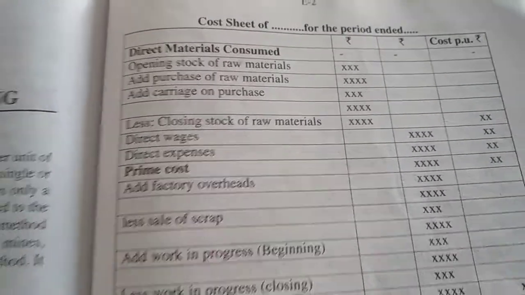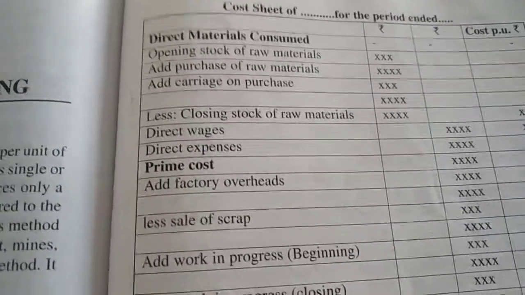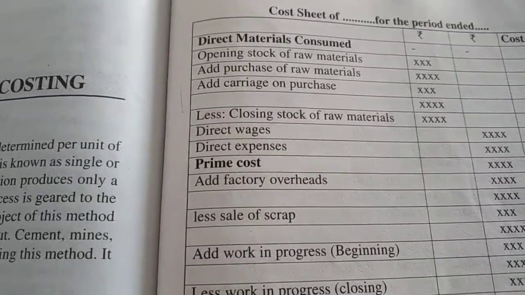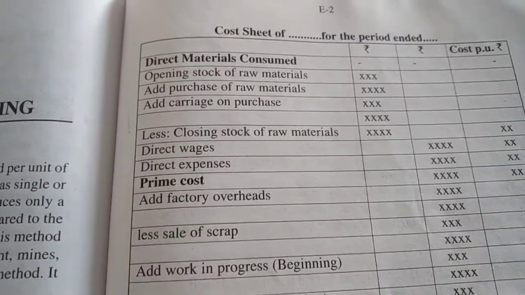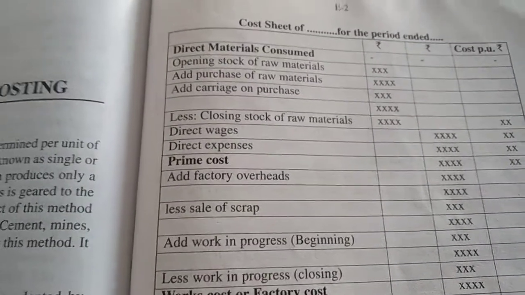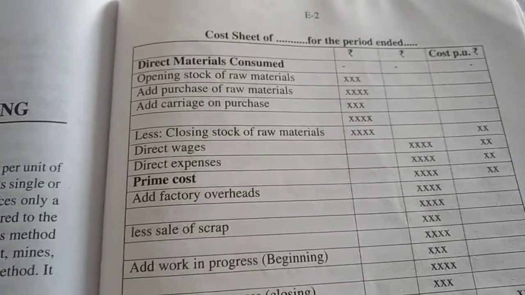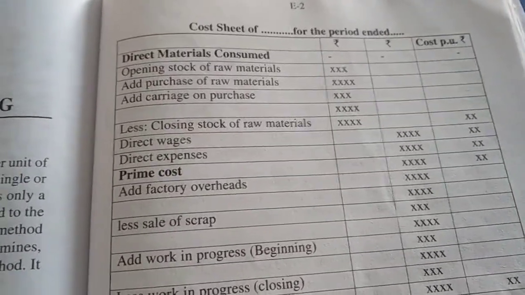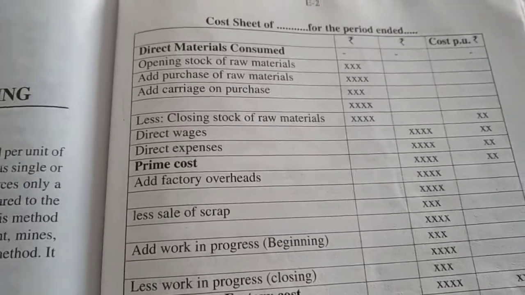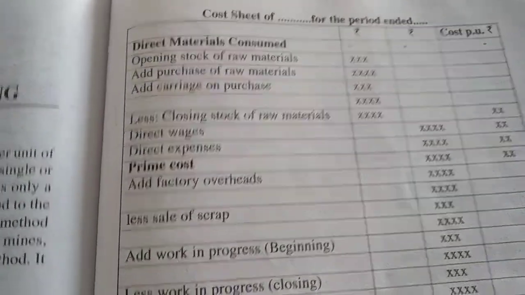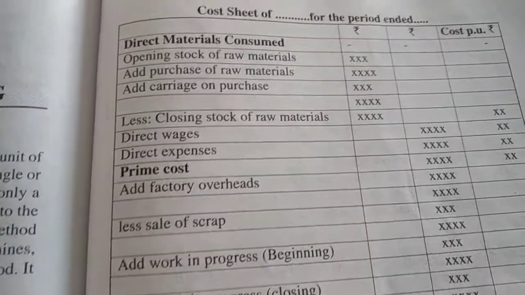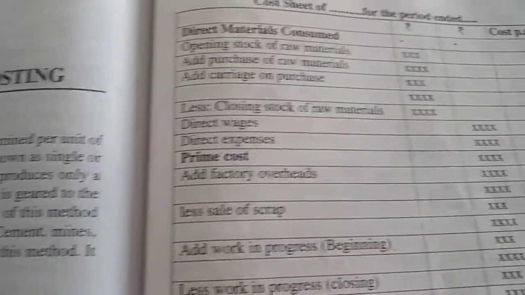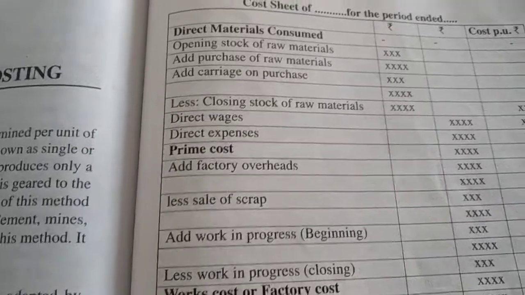So actually, the cost sheet. In the cost sheet, if you want to produce a product, or manufacture a product, what is required? Raw material is required. In the case of an industry, a factory is required, an office is required, and selling and distribution, all expenses will be there. So all those expenses we have to take under the cost sheet. Nothing but all the expenses we will show in the cost sheet here. So what is the pro forma?